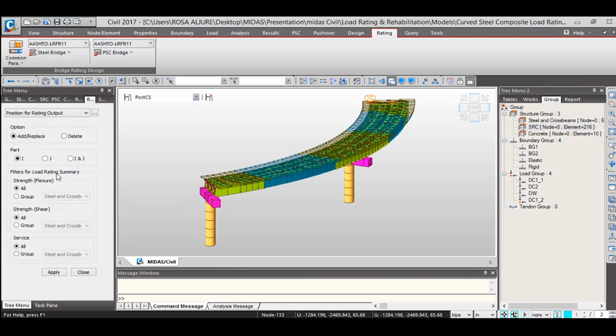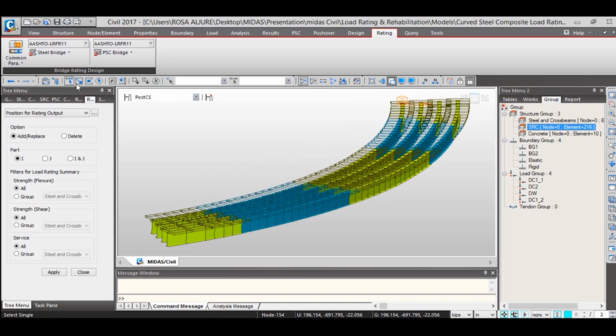And then the position for output. In this case, I'm just going to select one of the members for the output positions. Let's just select all of them to have the most critical section.